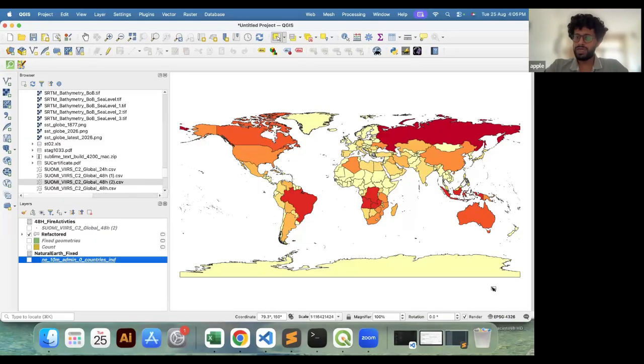It has nothing to do with GIS, but the advice I can give you is that you don't want too many variables in one map. You can have at max two, but the moment you have three, four, five, our eyes get very confused. Our brain processing takes a little more time to get used to it,